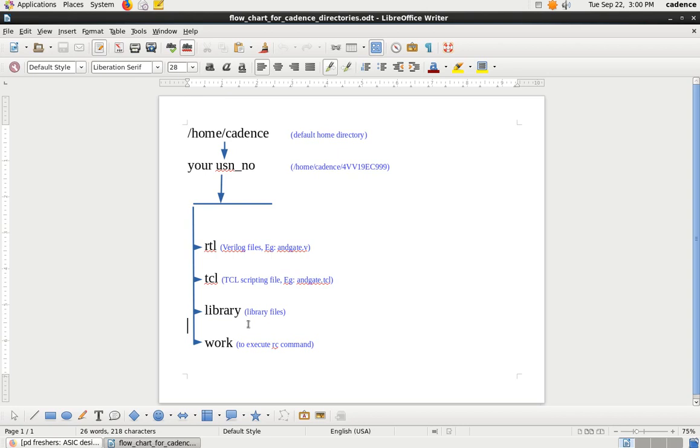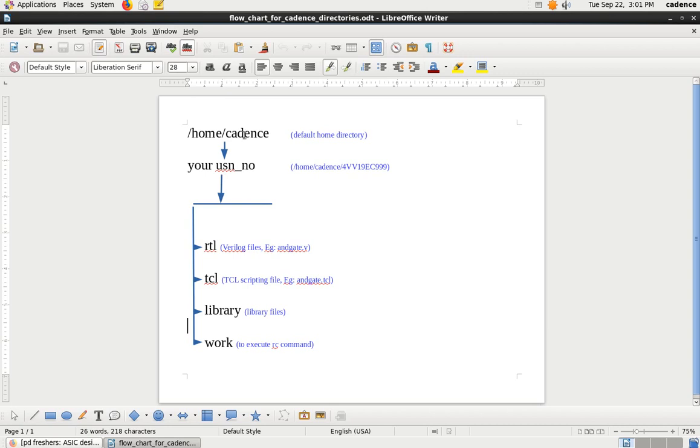And whatever work we do for the corresponding RTL and TCL scripting files, such as executing RC commands, generating the reports and saving the reports, is done in the work folder. That's why we have four subdirectories created under my directory.